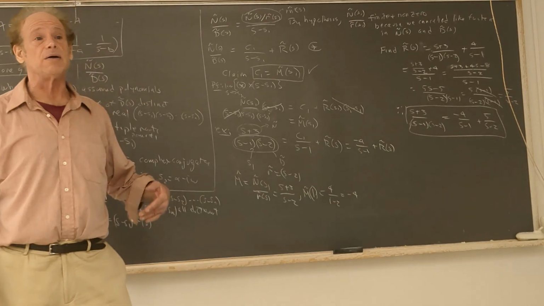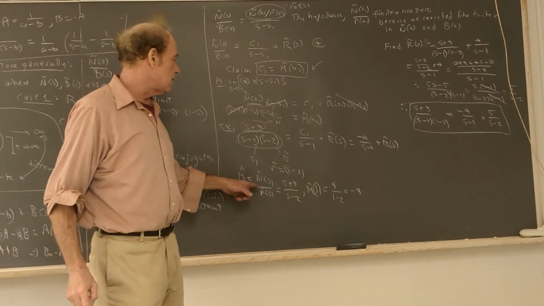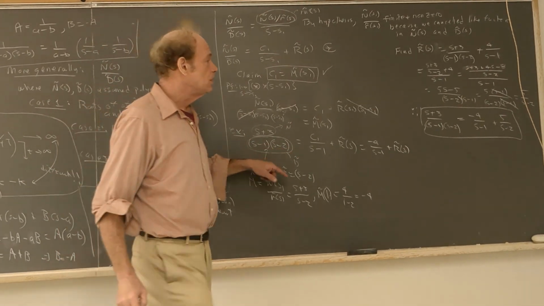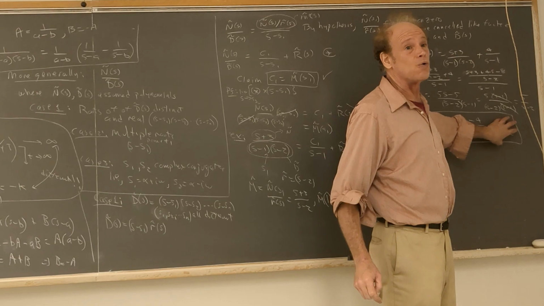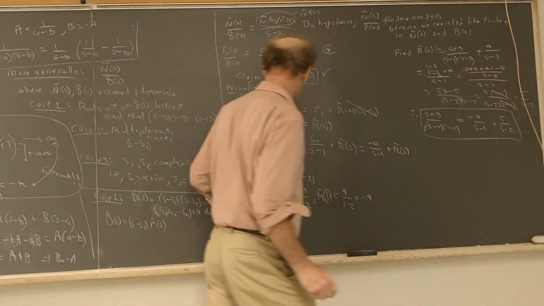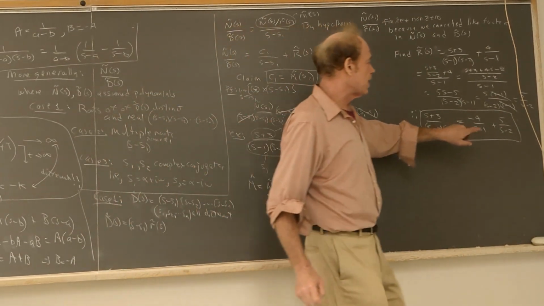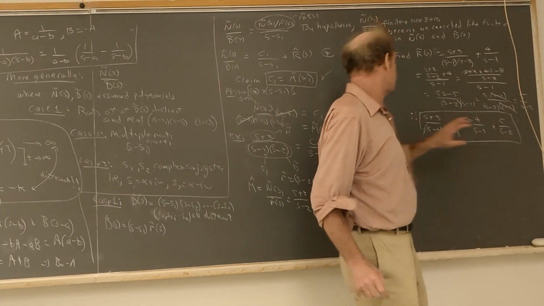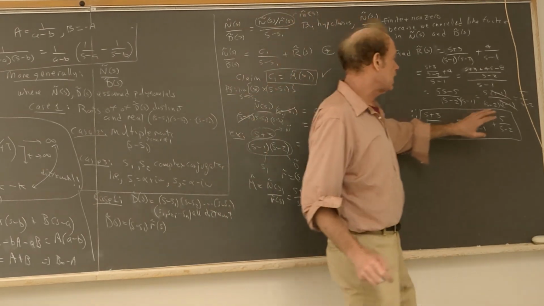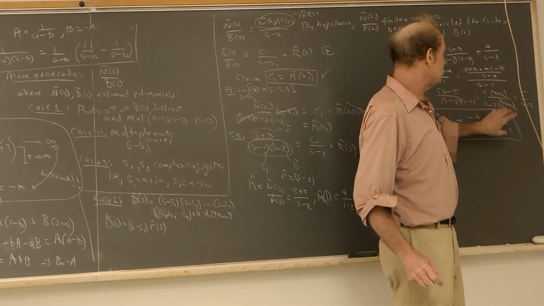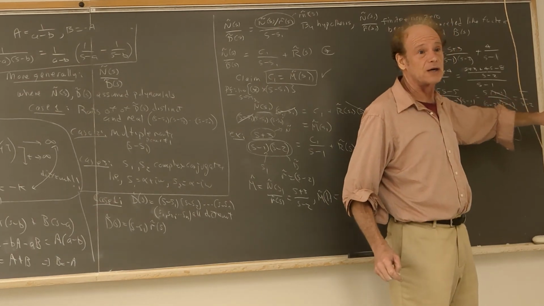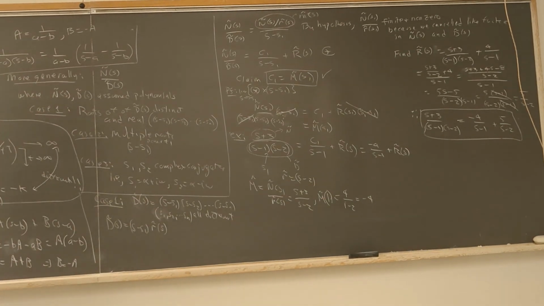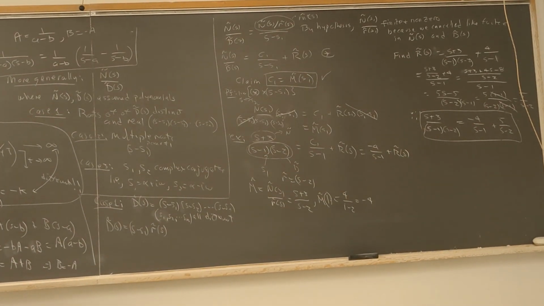Now, if I had something more than a quadratic, let's say I had 5 factors in the denominator and not 2, then the remainder would be a quartic instead of a quintic. So if I started out with 5 factors here, I take out 1, the remainder would have 4. And then I would do the same thing to the remainder, the exact same procedure, and I would turn the quartic into a single term plus a cubic, and I keep going until I'm done. Any questions on that? Okay, so let's